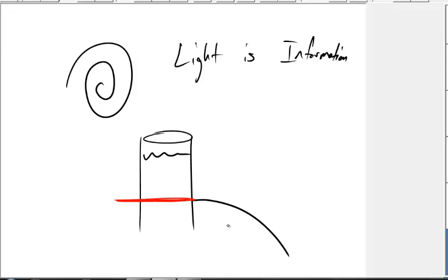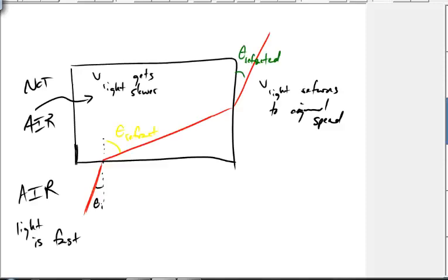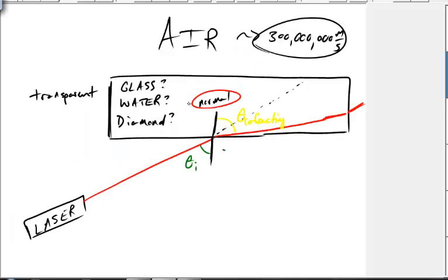I believe that covers refraction, and that covers total internal reflection. Another item that we wanted to discuss is up here. I was very vague about the type of material. The reason why there's more bend is because of this thing called index of refraction.